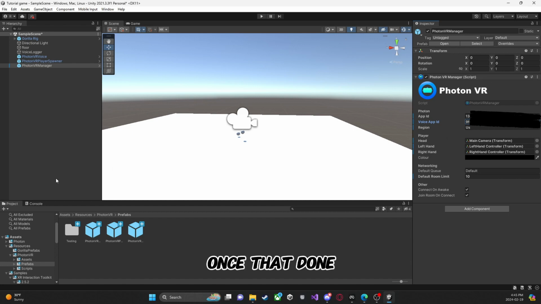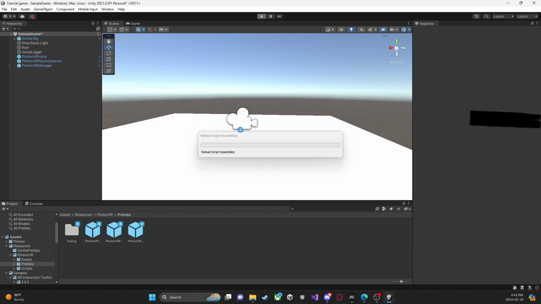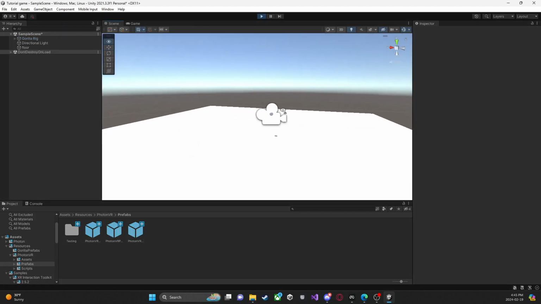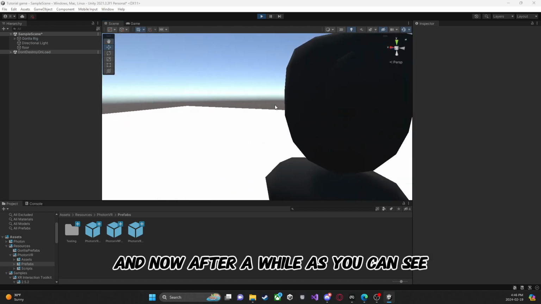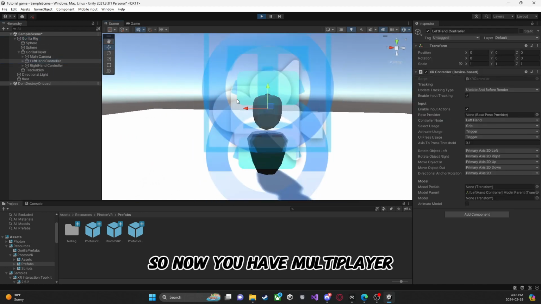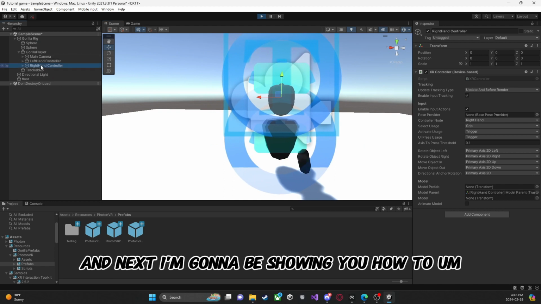Once that's done, you can test it by clicking play. And now, after a while, as you can see, our player loads in and everything is working. So now you have multiplayer, and next I'm going to be showing you how to